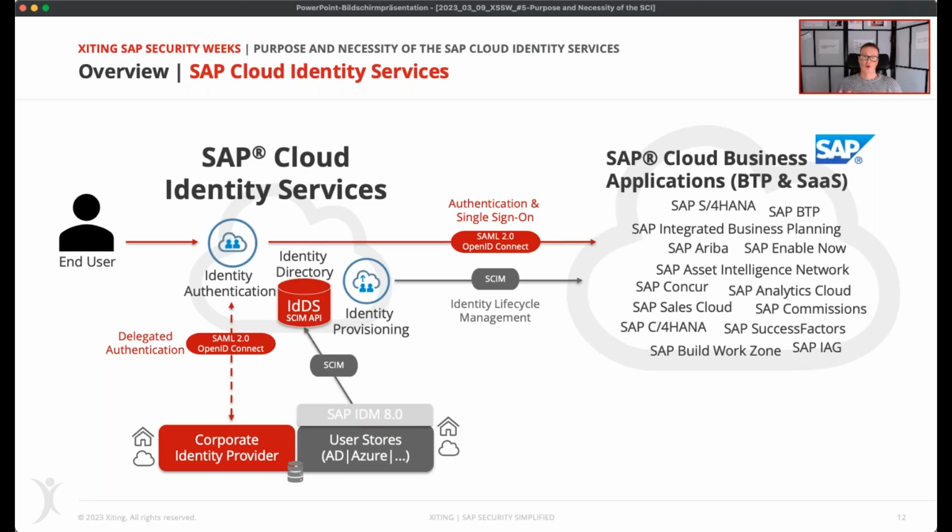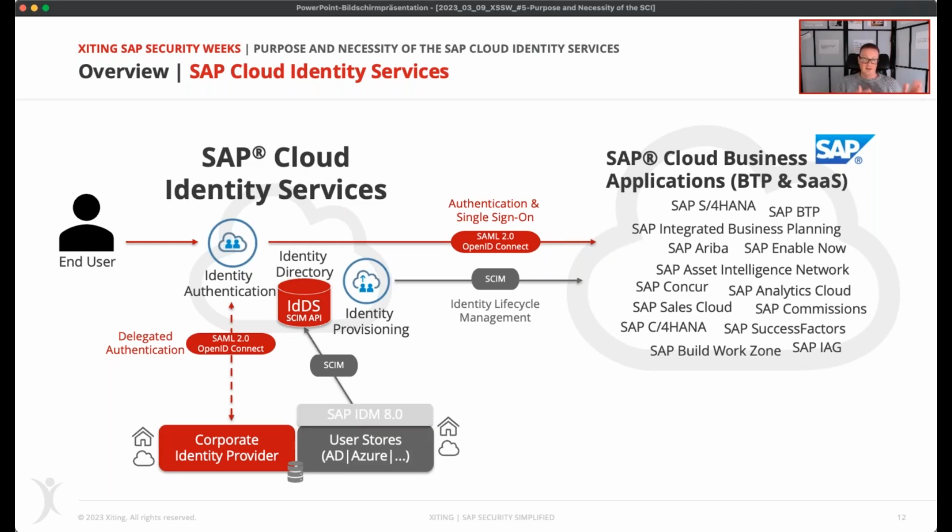So it's important to note that there is no one size fits all solution. There are plenty of scenarios possible. It's just as in the on-premise world, where some organizations don't use IDM or even a central user administration, while others already automate their user management, often with custom solutions.